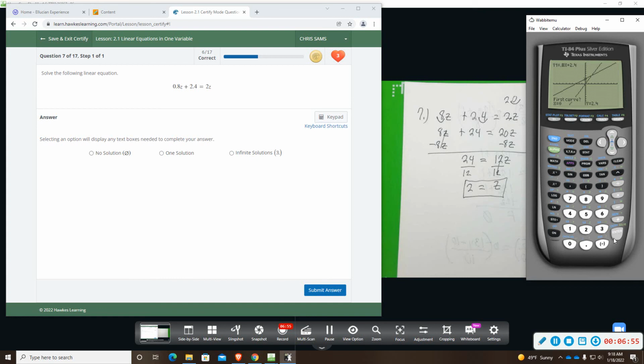So first curve, enter. Second curve, enter. And then guess, just hit enter a third time, and then it shows you intersection x is 2. Your x value, that's the variable that we input, is 2, and that's what we got here. So I just wanted to show you a way to check it and use this calculator. I'll be trying to show you how to use this throughout the semester if you don't know how to use it. Okay, so in this problem we got one solution, and that solution was